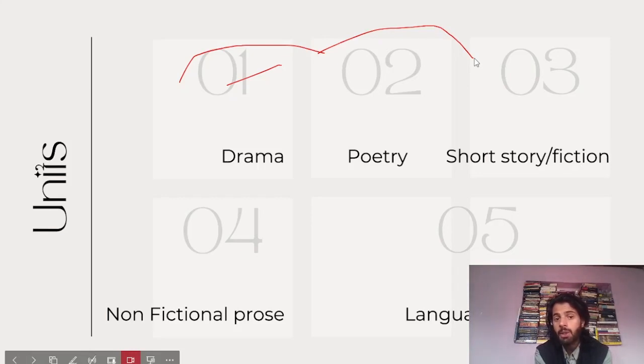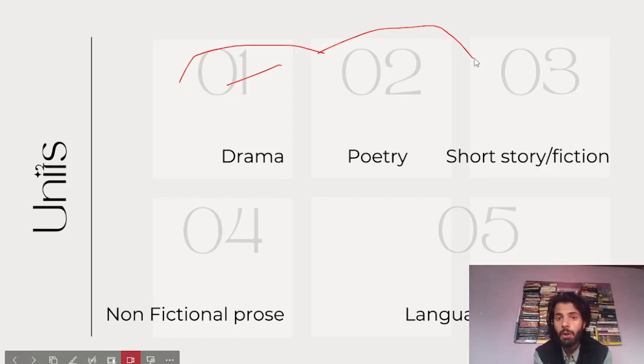So I took these three portions together because whenever you are asked any question from drama, poetry, or short story or fiction, these genres will be asked from every literature, and we should know how to approach these topics. Whenever you are doing drama, you have to keep the acts, the scenes and the characters in mind, and particularly if you are doing the medieval dramas, you have to keep in mind the dialogues, the Shakespearean era. You have to go through the dialogues of various plays.